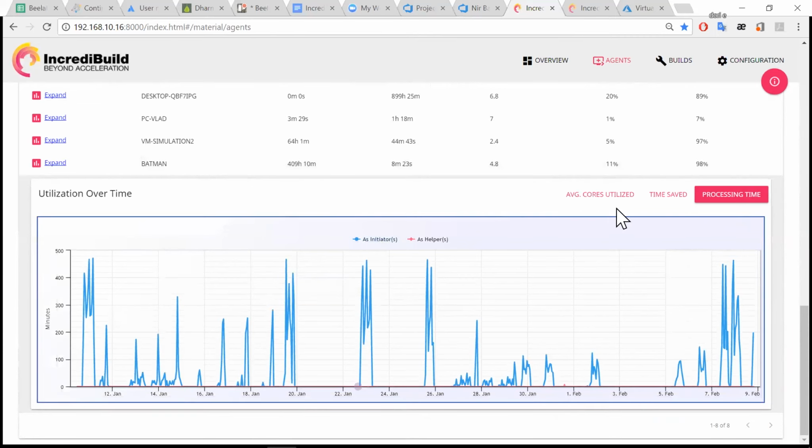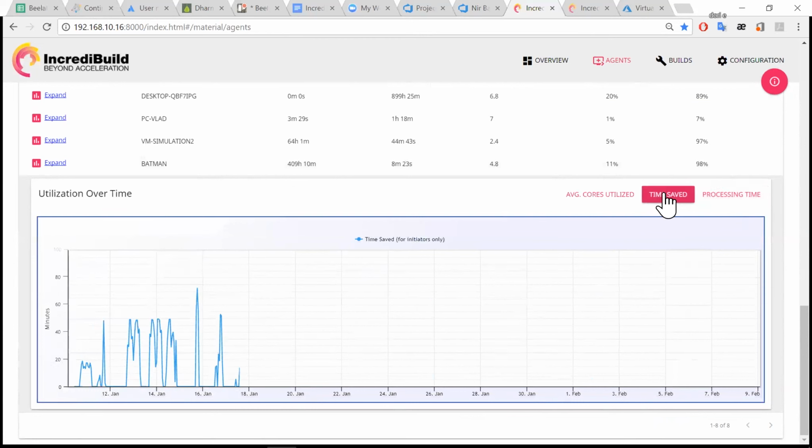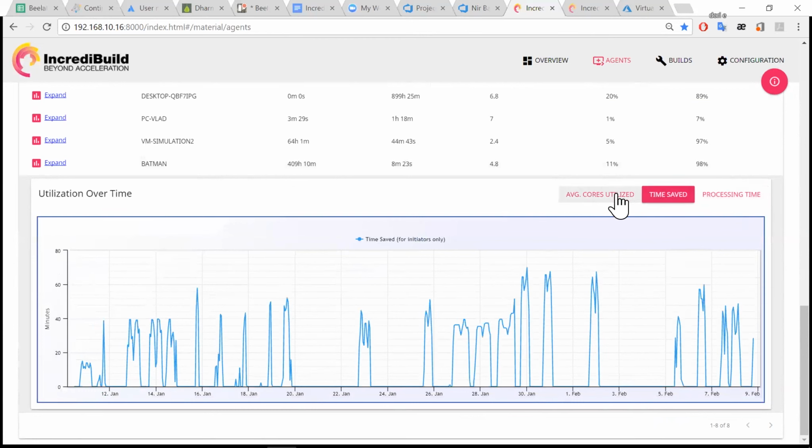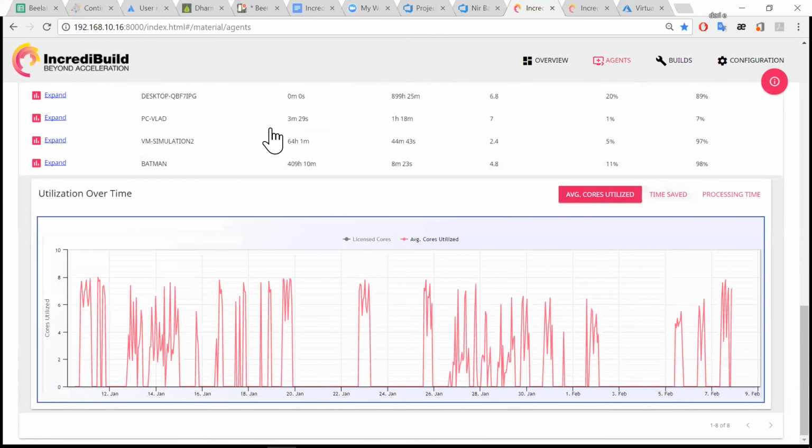I can see it now for a specific machine. So how much time was saved for a specific machine? I can choose a developer machine and understand how much time I saved for a developer, etc., and the core used,